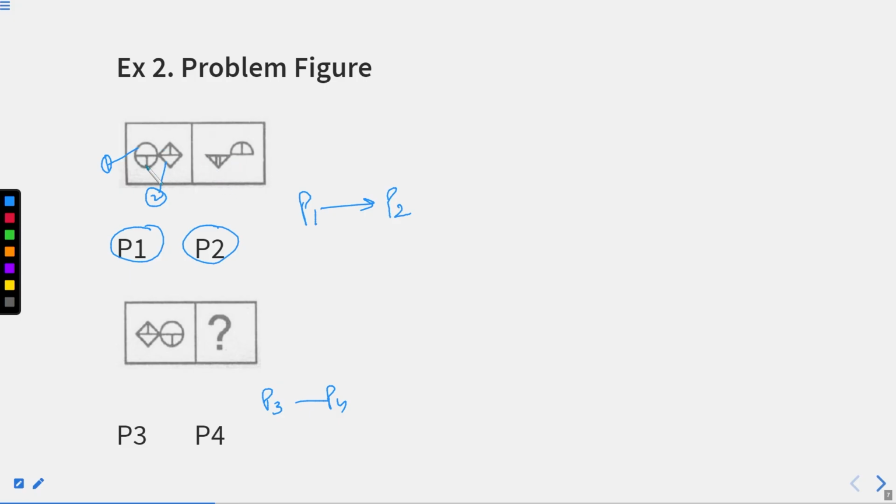So what are they doing right now? The lower half of the circle becomes the upper half. I hope this part is clear, right? So if we look at this, the lower half of this will become the upper half of this. Now we need this half. Here you can see that the upper half will come down with one more line. So here the upper half is this, which will come with a line. So we need to check whether the figure that we have made is aligned with any figure in the answer part or not.